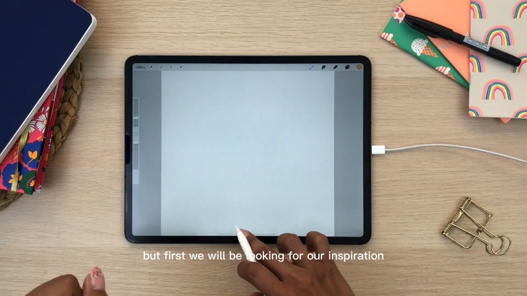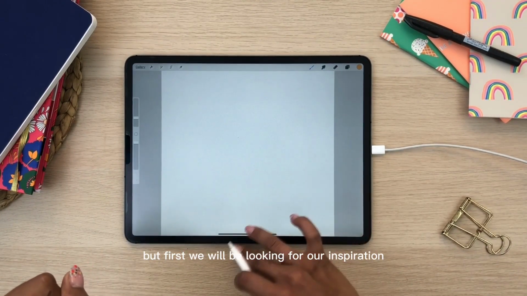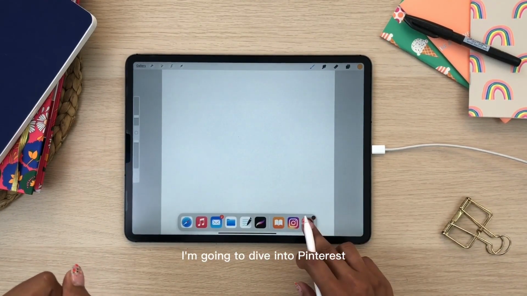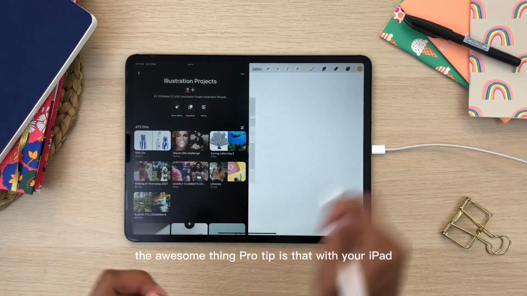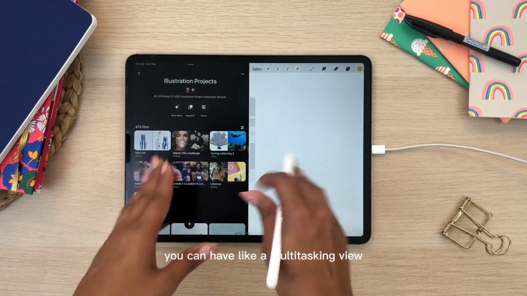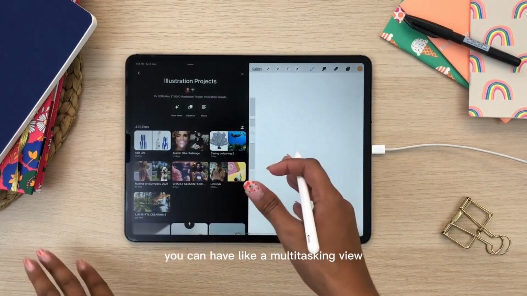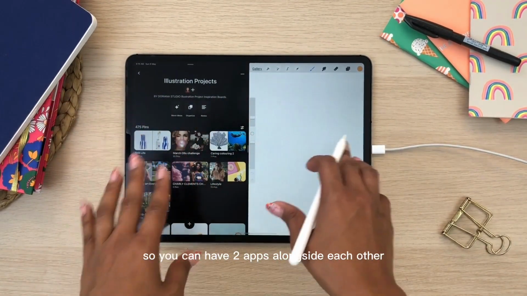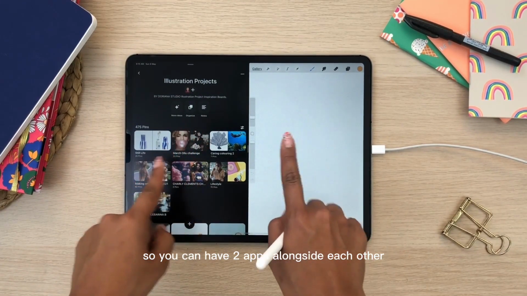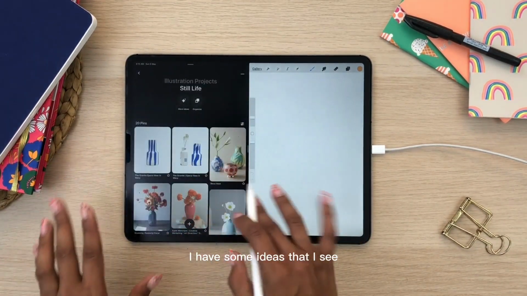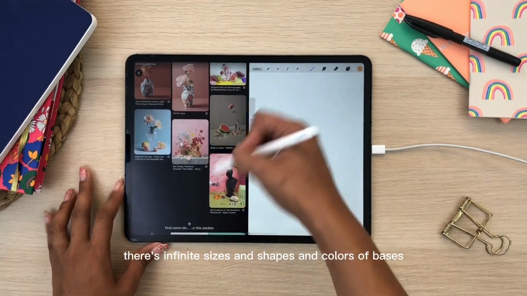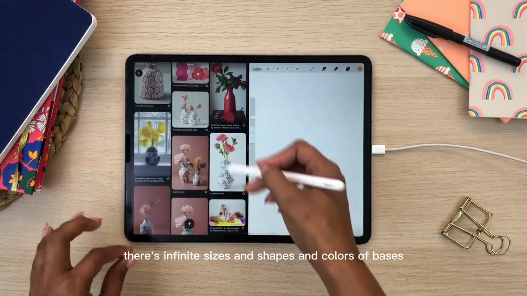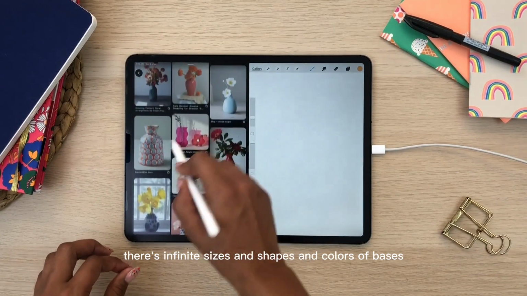But first, we will be looking for our inspiration. I'm going to dive into Pinterest. The awesome thing, pro tip, is that with your iPad, you can have like a multitasking view, so you can have two apps alongside each other. I have some ideas that I see, and as you can see, there's infinite sizes and shapes and colors of